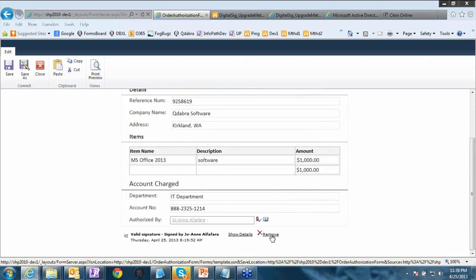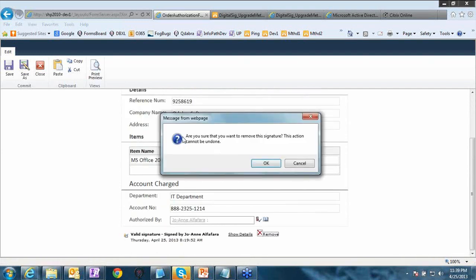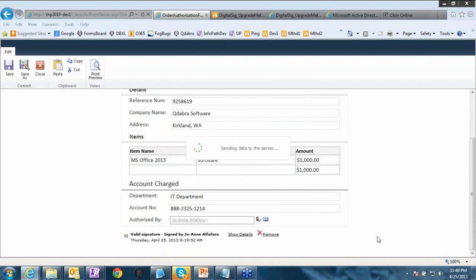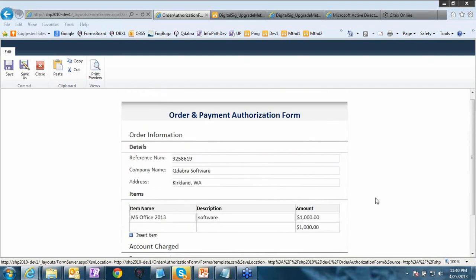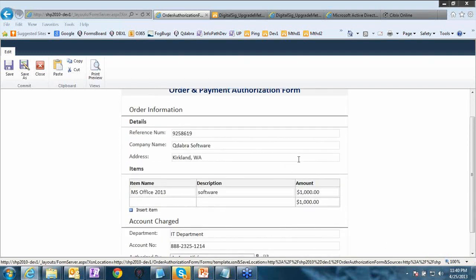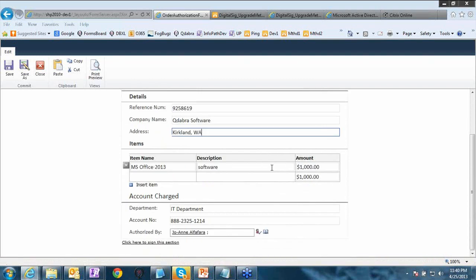If I remove this signature, it will ask, are you sure you want to remove this signature? This action cannot be undone. So after removing, I can modify the form and sign. For example, if I'm a different user, I will be able to sign the form with my own signature. So that's how the built-in InfoPath